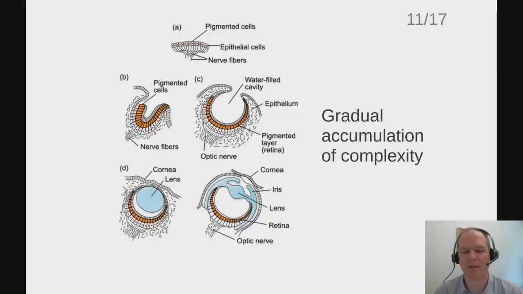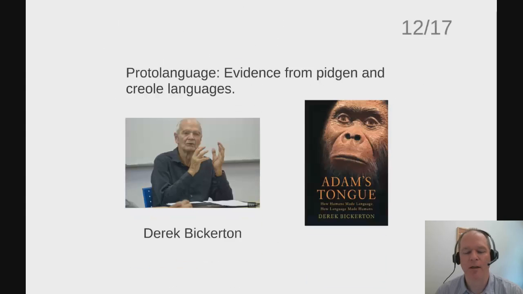And we can think of language in exactly the same way. At every stage, helping people to communicate and coordinate action better and better. Derek Bickerton has done some research about this and has an argument that perhaps these forms of proto-language, those versions of language as it became more and more complex, might be something like the kinds of pidgin languages that exist today. That might be a good model for what a proto-language might have looked like.